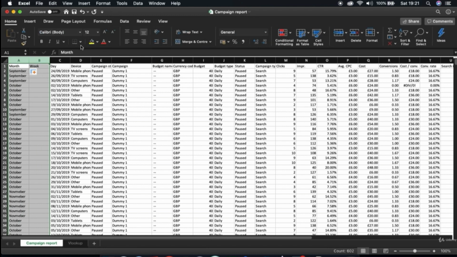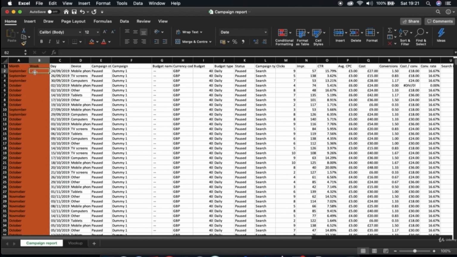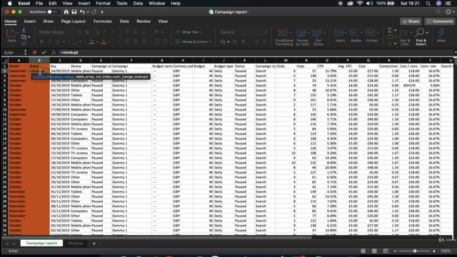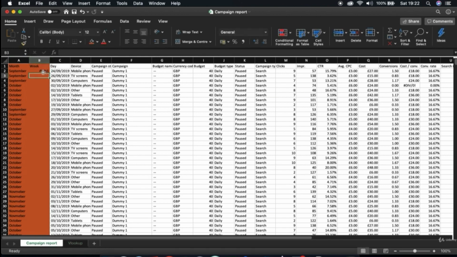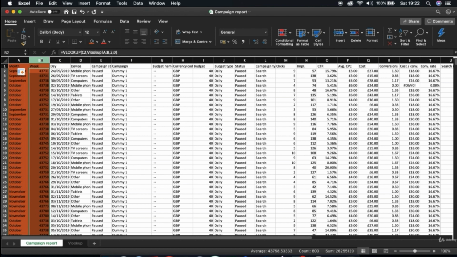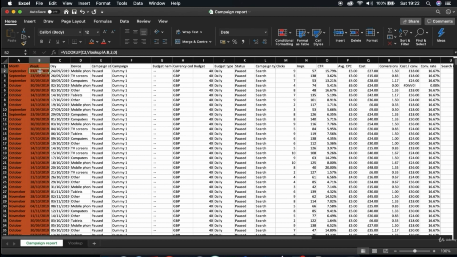So I usually highlight any columns that are formulas in a bold colour just so I know not to overwrite them. So we do the same formula here just to pull in the week. Second column, and it will pull it in like this initially. It's just pulled it through as general text. All you need to do is update it to the short date and it'll pull in the correct format for you. So now we've manipulated the data a little bit,